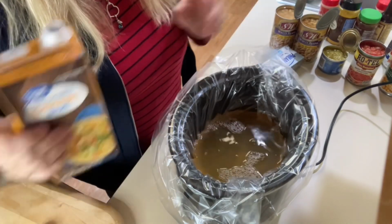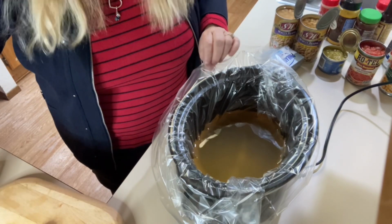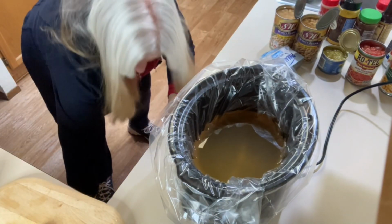Okay, let's see, is that enough? I think we're going to go with about 5 cups of chicken broth. Well, actually it's 4 cups of chicken broth because I set a cup aside. Okay, so we've got our chicken broth. And then what we're going to do,